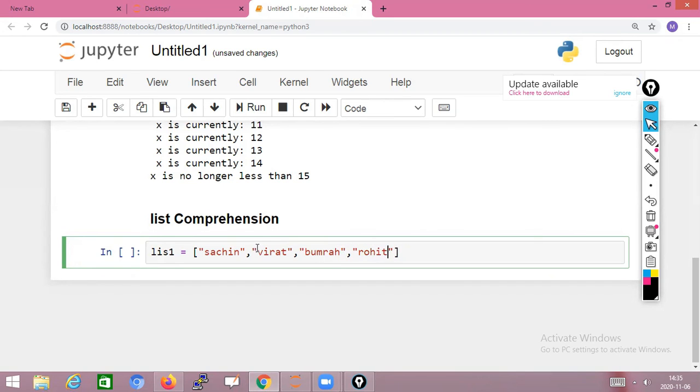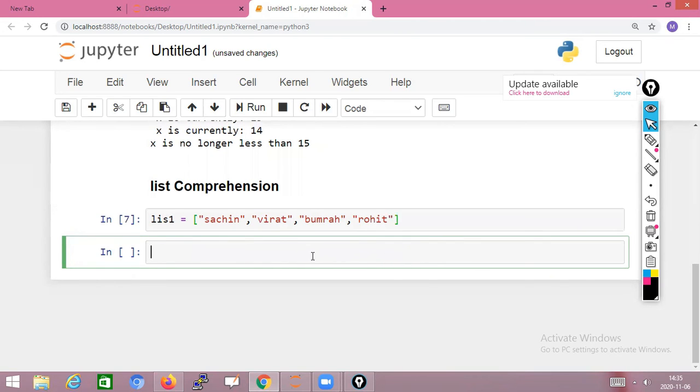All are strings, so you have to put double quotes. So my list is created, executed. When you execute, the list is created. The list has values Sachin, Virat, Bumrah, Rohit. They are all text strings.